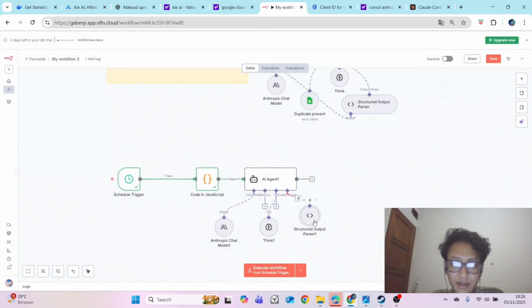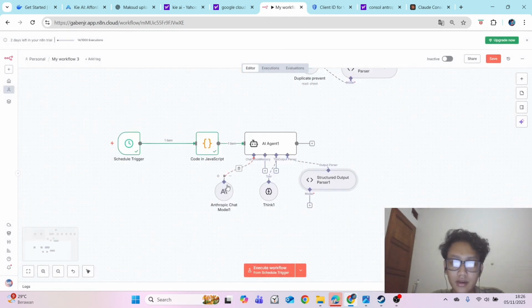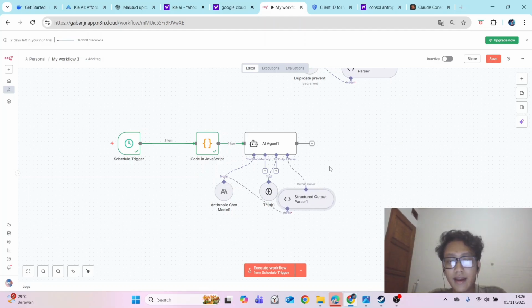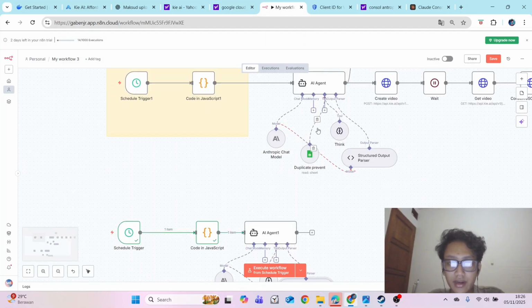Auto fix format. Oh, you need to activate this auto fix format, so you can put your Anthropic chat model into this structured output. Okay, and after this you can put your tools here.